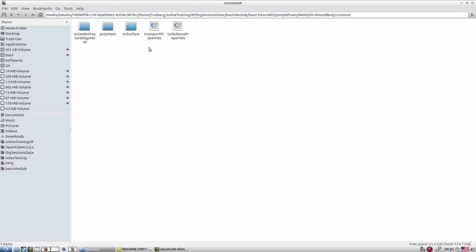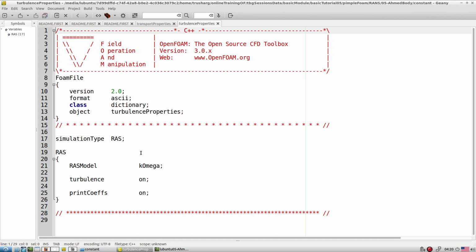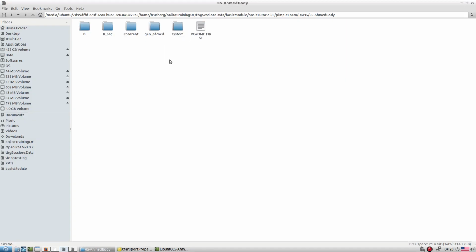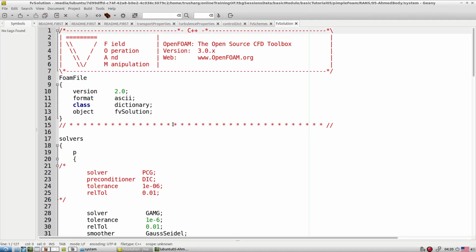So let's check a few things. We are working with the RANS calculation. K-omega is the model. Okay, and we require the transport properties, so we specify the transport properties appropriately. Then we have a few entries here. A few more files you see, that is because of the snappyHexMesh mesh. So those entries we're not going to discuss right now.